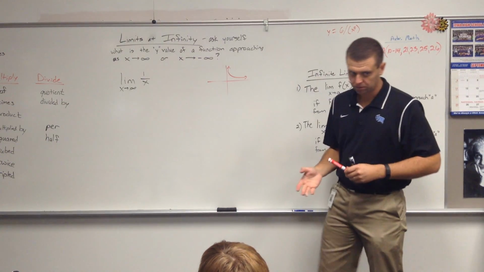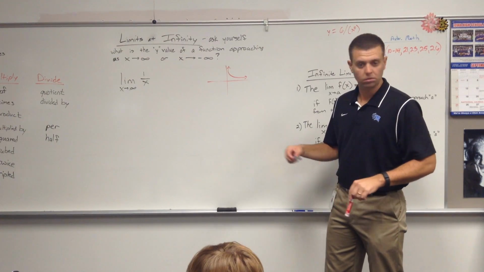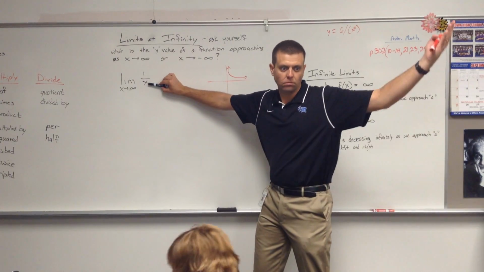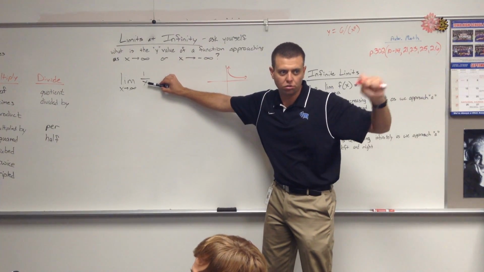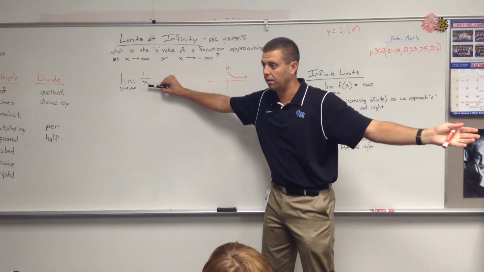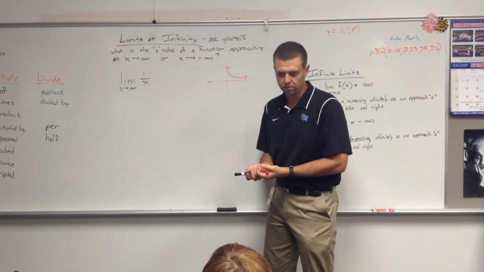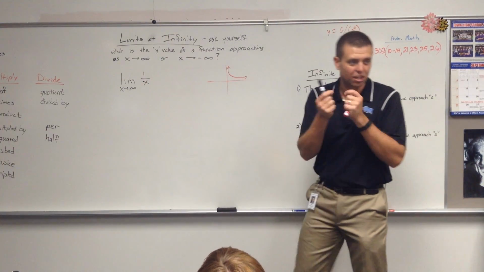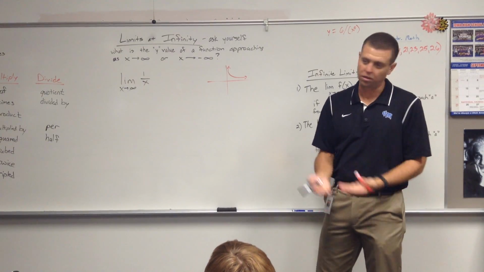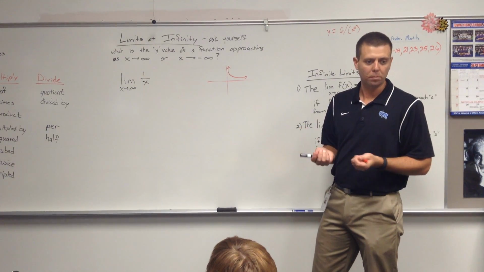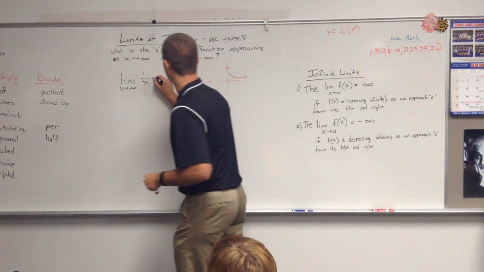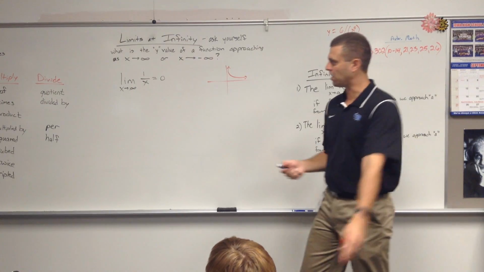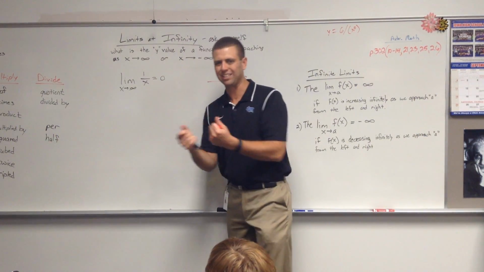Nick said that 1 over infinity is pretty much 0. Yeah, absolutely. 1 divided by a quadrillion is 0.0000000, I don't know how many zeros, 1. That's practically 0, right? And as that value keeps getting larger, 1 divided by a huge number is going to get closer and closer to 0. It'll never actually get there, but the limit will be 0 because I'm getting so close to 0 itself. Whether you think of it numerically, like Nick did, that 1 divided by a huge number is practically 0,